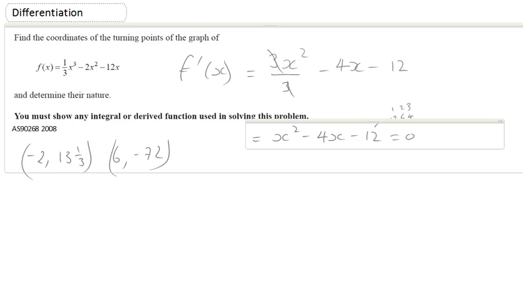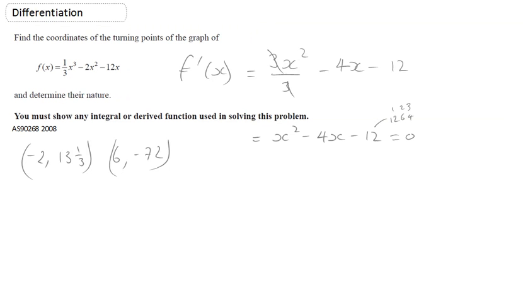Okay, so this is the second of the two videos on finding the turning points and deriving their nature. In the last video, I found the two turning points were at -2, 13 and a third, and 6 and -72. I've got my original function of f(x), but now I'm not going to be using that because I'm going to be focusing on my derived function. Because remember, when we looked at the video for the turning points, if it was a maximum or a minimum